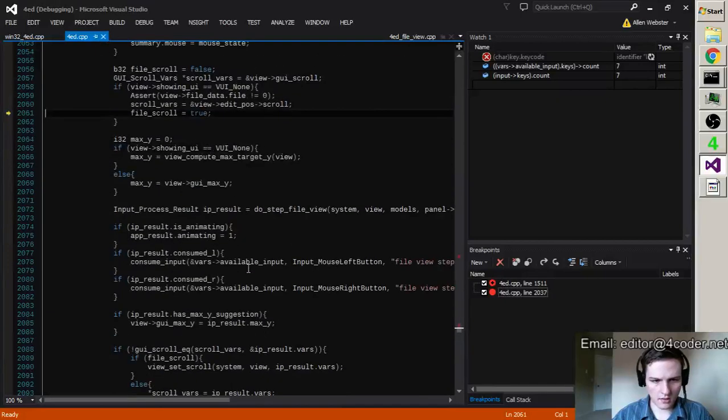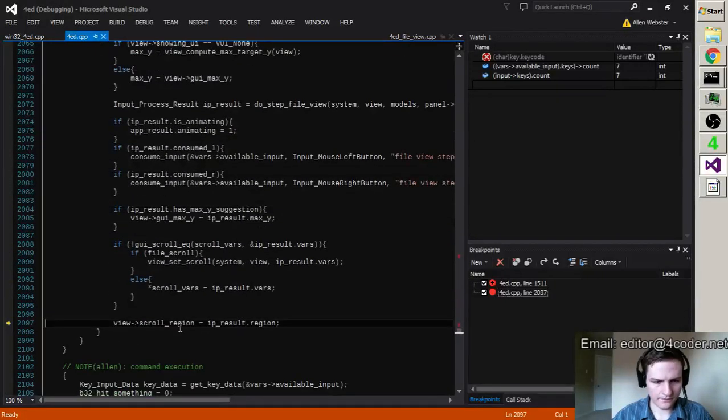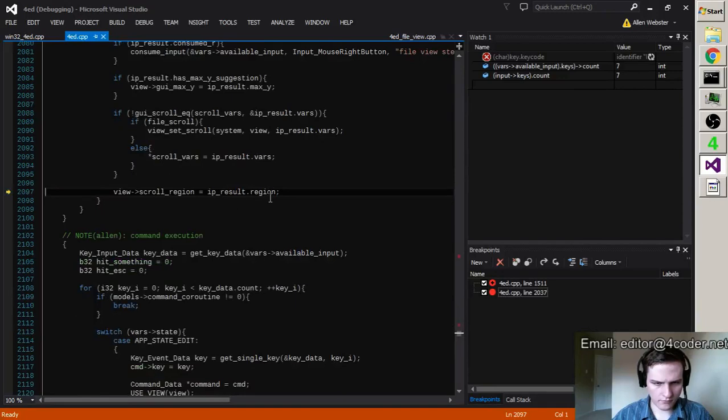Alright, so we're saying nothing interesting is actually happening here. Yeah, so the scroll region right now is still all the way to the left. Okay, and I can see this because... wait, no, this is the scroll region. This is another problem, the naming. Does scroll region mean the region that is visible within the file, or the region within the screen which is scrollable? That's what it means in this case.